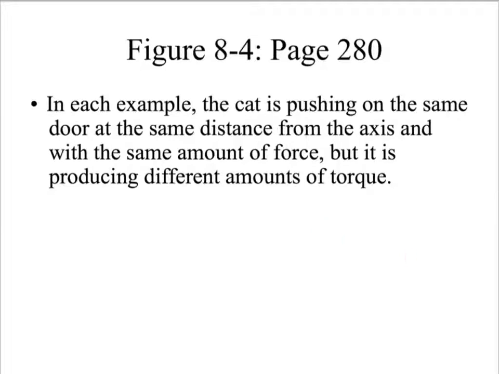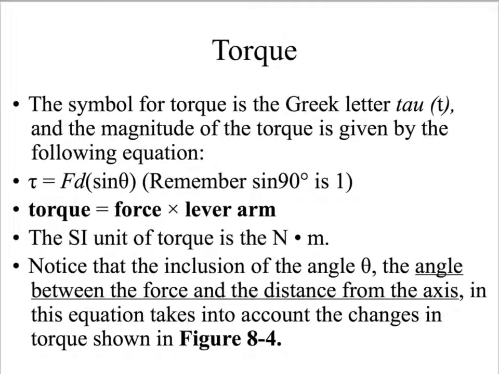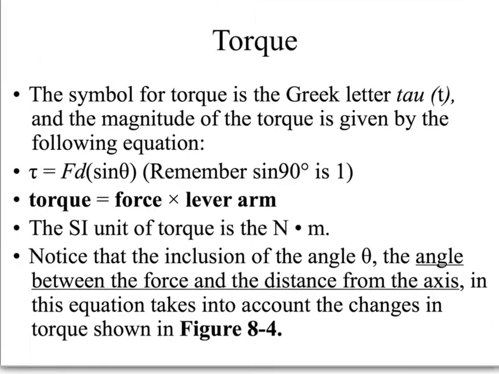So all three of these are going to have some torque, but it's producing different amounts of torque. Because we know that these are all producing different amounts of torque, the lever arm stays about the same. What's changing in this case is theta, that angle. So that's going to tell me that theta is involved in some relationship. And if we look at the equation just below for torque,